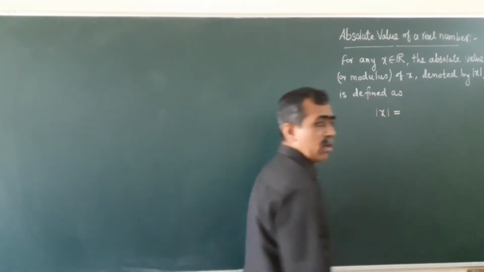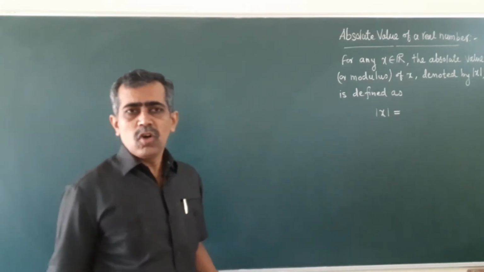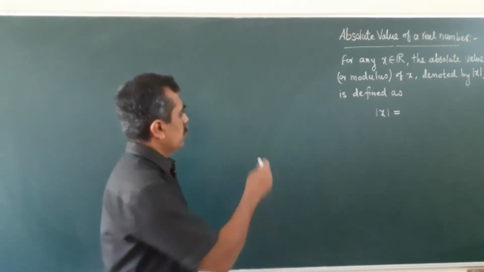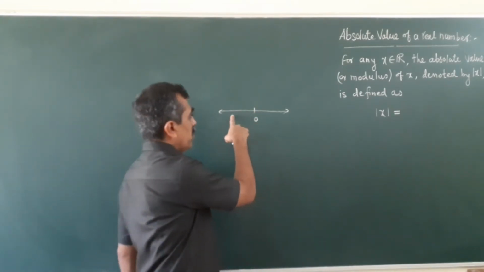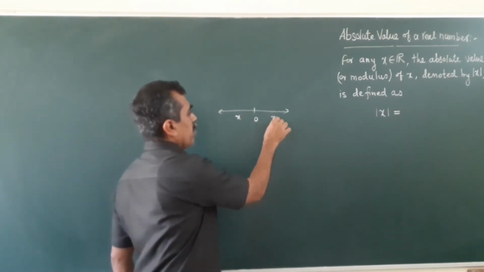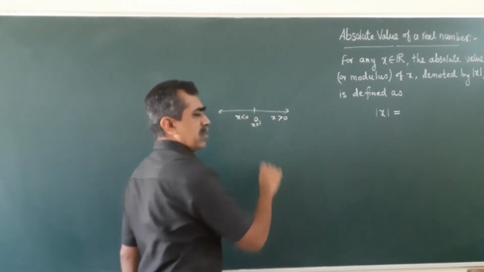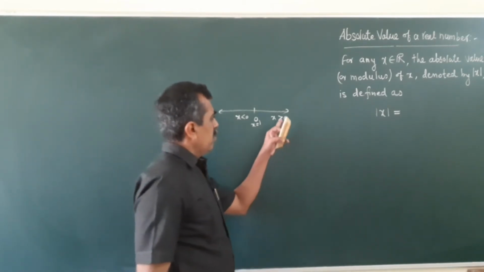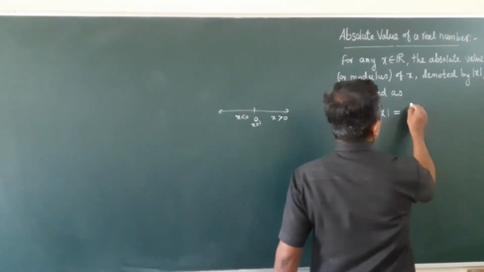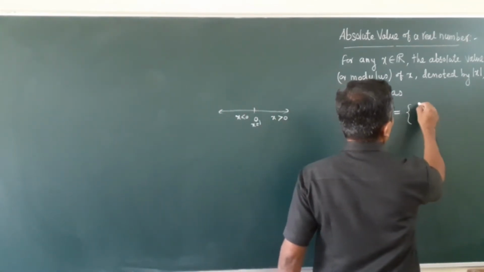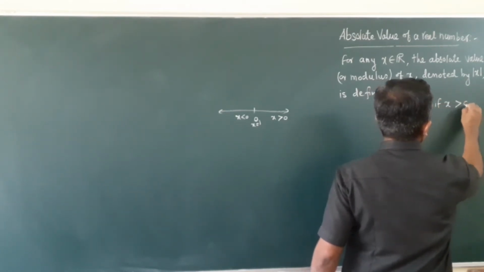x is equal to, now see here, when I say x is any real number, you know by the trichotomy law either x is 0, or if it is not 0 then it is either negative or positive. Either x less than 0, x greater than 0, or x equal to 0. Now, when x is greater than 0, how do we define mod of x? If x is greater than 0, then mod x is x.